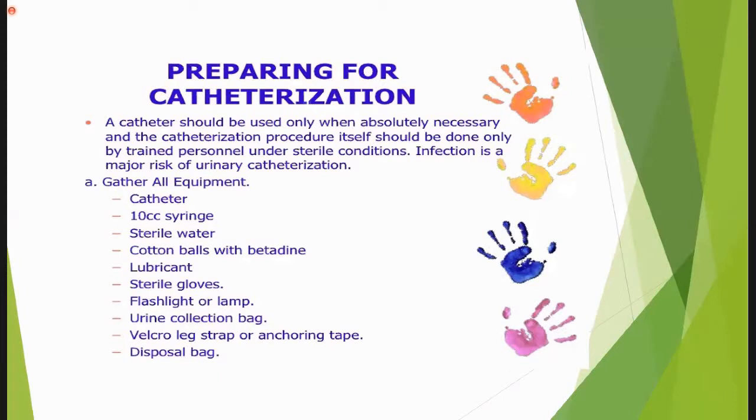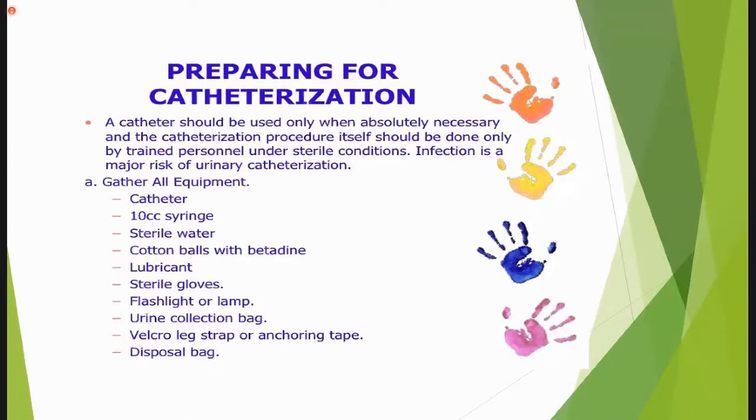Okay, which equipment do we have to use? Number one is the catheter. If the patient is a child, we can use an 8 to 10 French catheter. If the patient is female, we have to use a 14 to 18 French catheter. If the patient is male, we have to use a 20 to 22 French catheter. And a 10 cc syringe,